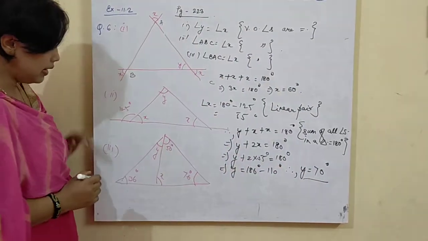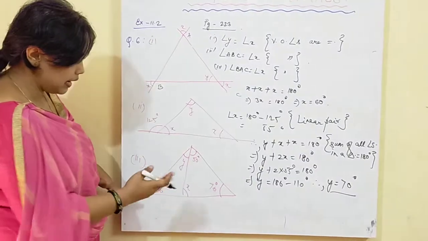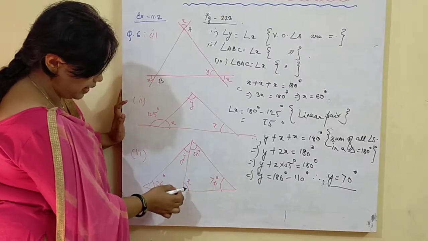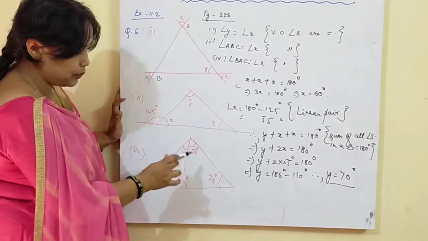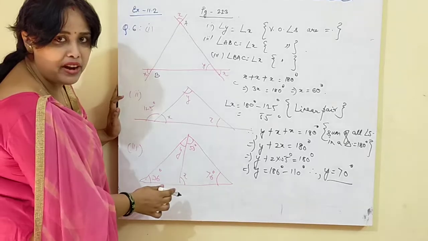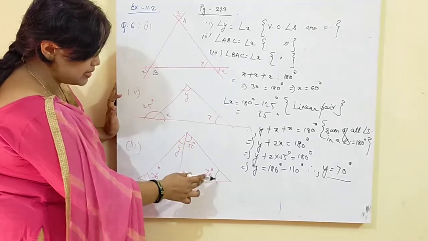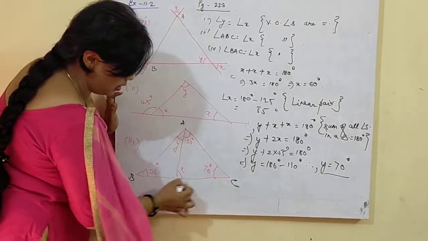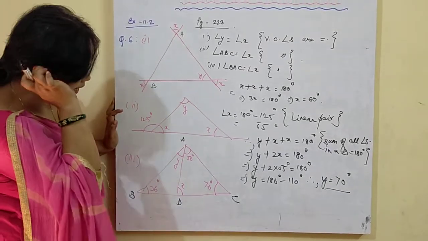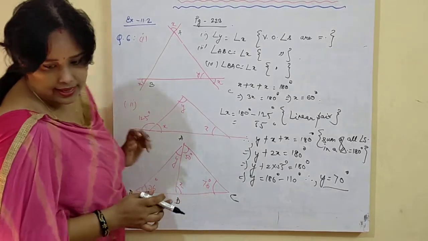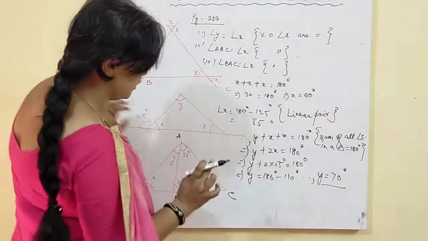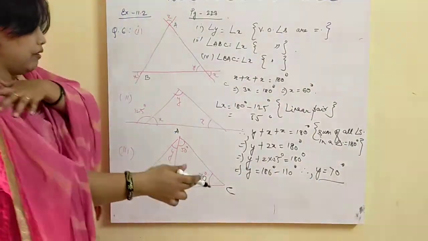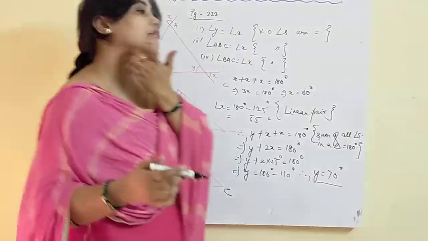So now let us come to the third part. Students, observe the diagram minutely. Here it is given y 50 degree, x 70. So first you have to see which two criteria are given. Then you have to find the third criteria. Let's name it once again: A, B, C, D. So in triangle ADC you can see that 50 degree, 70 degrees are already given. So very well you can find out.